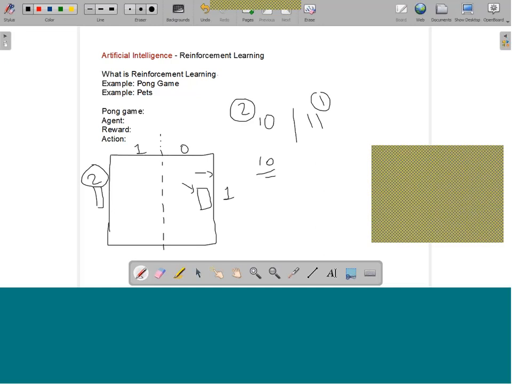So you have to make the action according to that, so the opponent's player will lose the game or miss the ball. Every time the opponent's player misses the ball, you will get the score. So you have to move the action according to that. You can move by using two actions, up and down only.